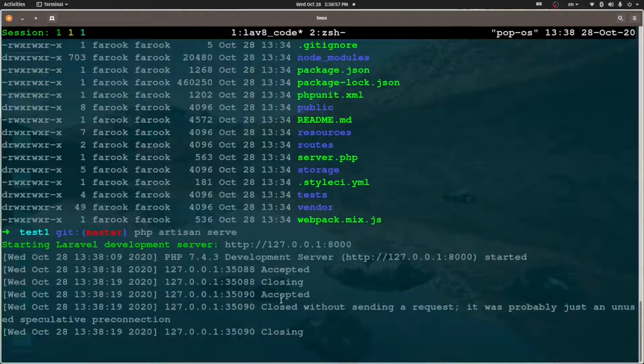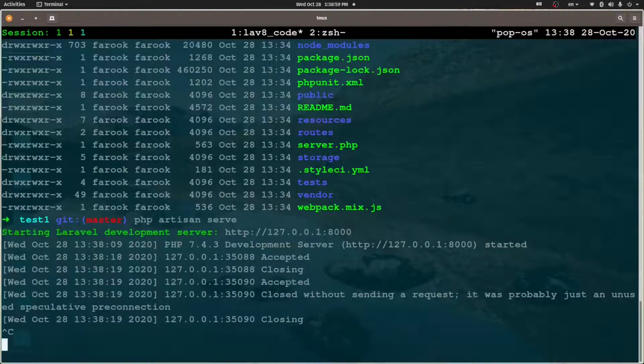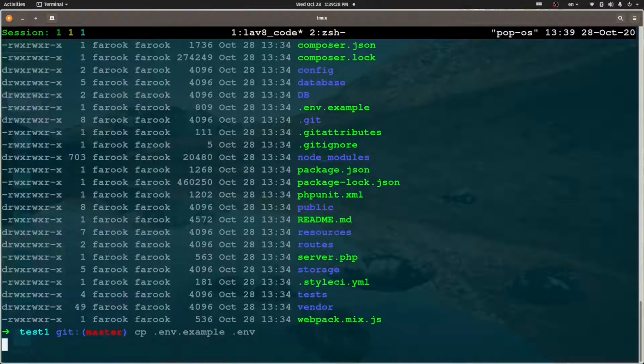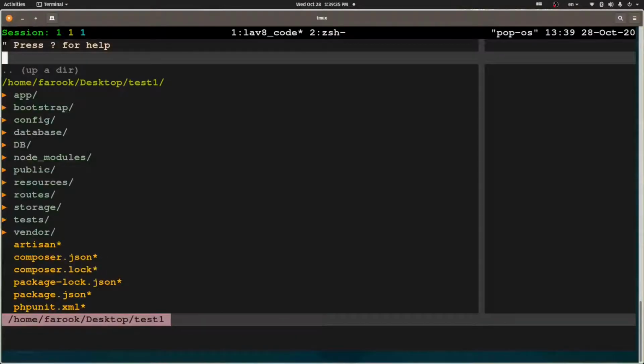So let me go back and then we stop the server. When I list the files here, you can see that I have .env.example. So we're going to copy this file with the command cp, .env.example, and we're going to copy it to be .env only, right? We don't have example behind. So the command right here will copy this file. Okay. And then we're going to edit this file. So go ahead and edit the file.